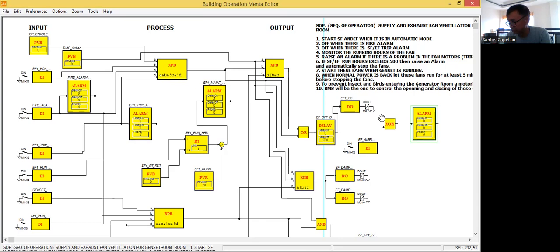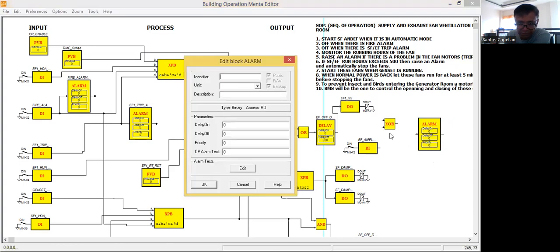If you are following my tutorial, I have many video tutorials for BMS field devices. Maybe you could browse my playlist and look for the field devices. Anyway, what I have done here is to provide an alarm. Let me put this here because it's interfering. So that is my edit block alarm. The identifier for this one is EF